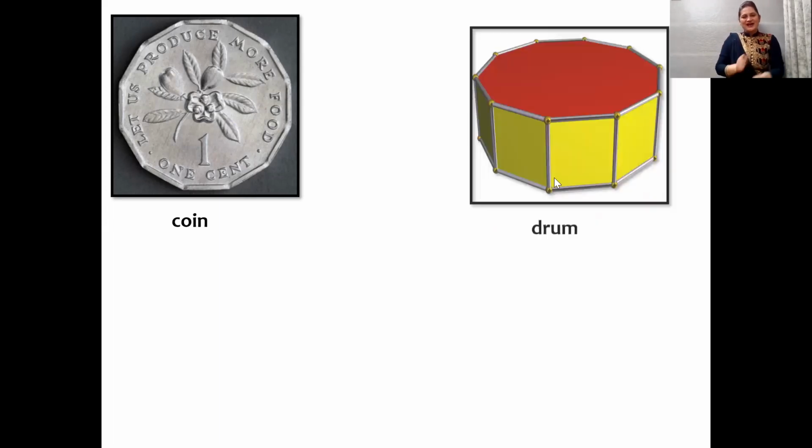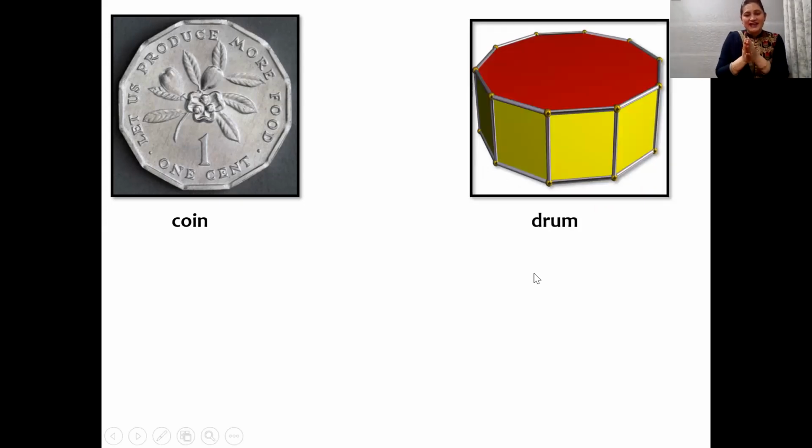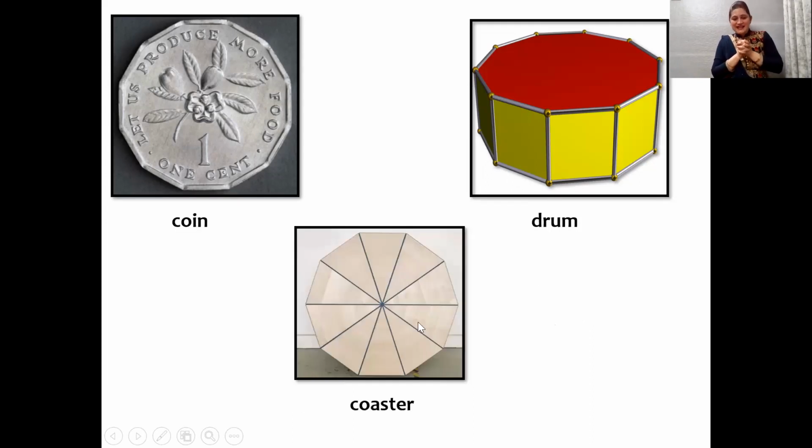And now, wow, dum, dum, dum. Wow, it's a drum. And this drum has 10 sides and it is in a decagon shape. Wow. Oh, what's this? It's a poster. Very nice. And it also has 10 sides. You want to count and see? Let's check. Come on. 1, 2, 3, 4, 5, 6, 7, 8, 9, 10. Yes, it's in decagon shape. The coaster is in decagon shape.